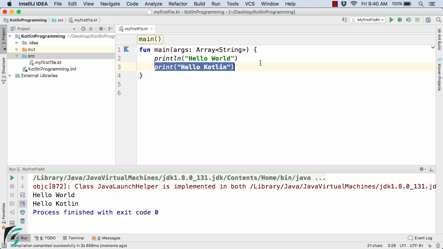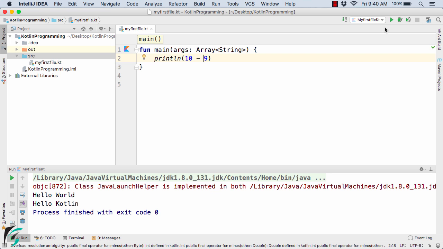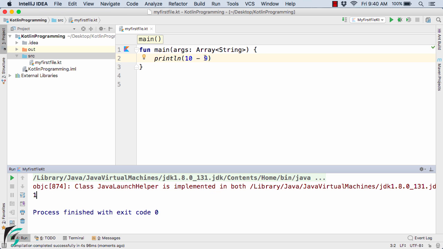And now suppose you want to perform some mathematical operation. Instead of this string, let us try something different, 10 minus 9, and then let's see the output. Here we get 1 as the output. Now let us try 10 divided by 9, let's run it, and again we get 1 as the output. You must be thinking 10 divided by 9 is actually 1 point something, a decimal value. So why are we getting only 1 in the output? This is because we have simply defined the integer value, not the float value or the double value.